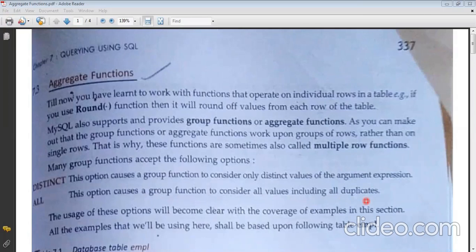And this is the most famous kind of question asked by the external at the time of external and even in the internals also: what is the keyword which is used to remove the duplicate values from MySQL? The answer to this will be the DISTINCT keyword. And how do you spell it? The spelling is DISTINCT. So the DISTINCT keyword is used for removing duplicate values from a particular column.